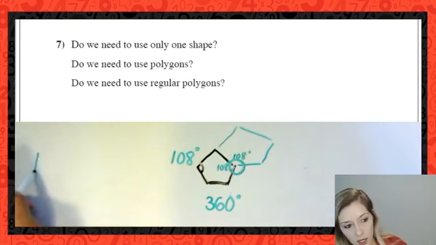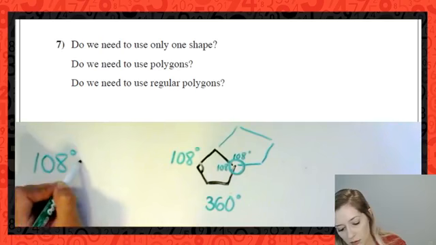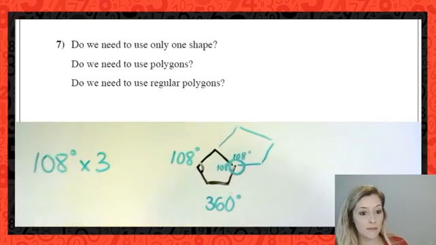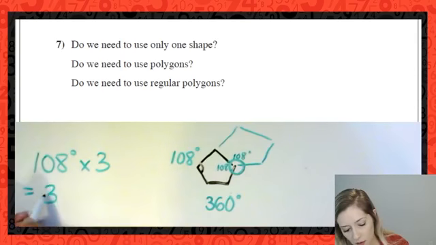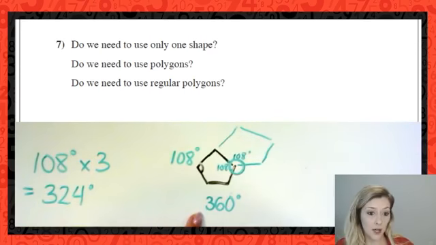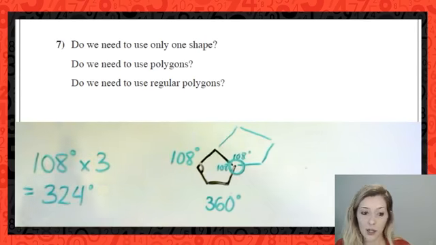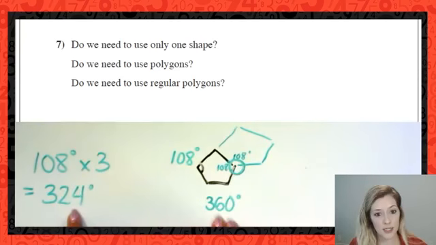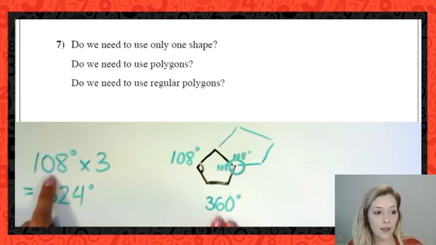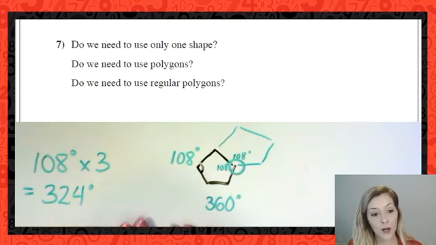But what is 108 degrees, 3 times? Okay, if you try that out, we get 324 degrees, which is not equal to 360 degrees. Not only is it not equal, but whatever amount we have left, the difference between 324 and 360, which is 36, is less than a full interior angle that I would need for a pentagon again. So why does this not work? Why do pentagons not work?